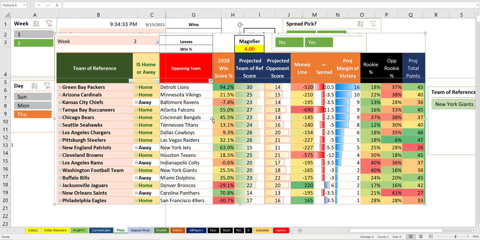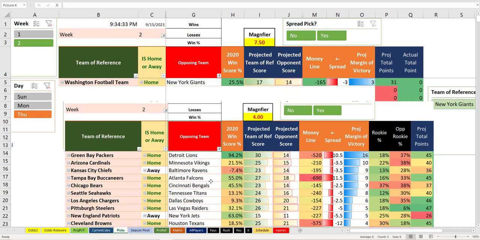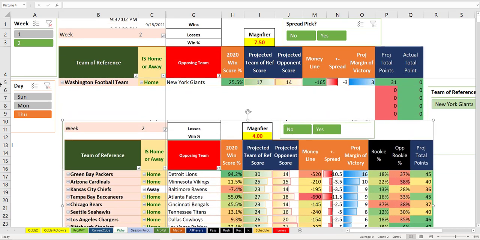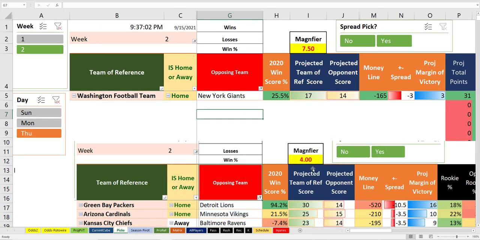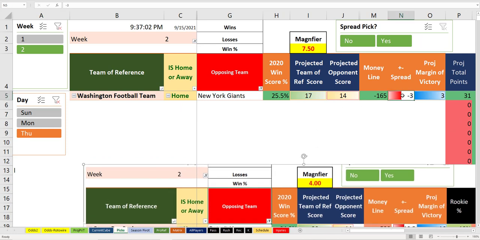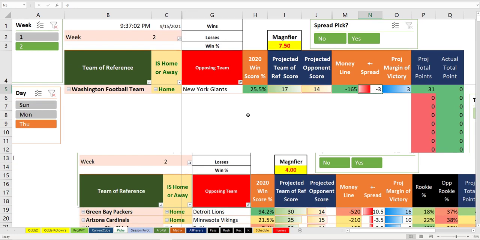It says that Washington would win based on last year's stats. Well, on the more accurate, I believe, version of this projection, it says Washington wins this game 17-14, which is kind of funny because the spread is 3 that the odds makers have put out. So that's a very, very tough game to wager then. They're minus 165 on the money line, and the algorithm's saying they're going to win by 3, and they're favored by 3. So what do you do?